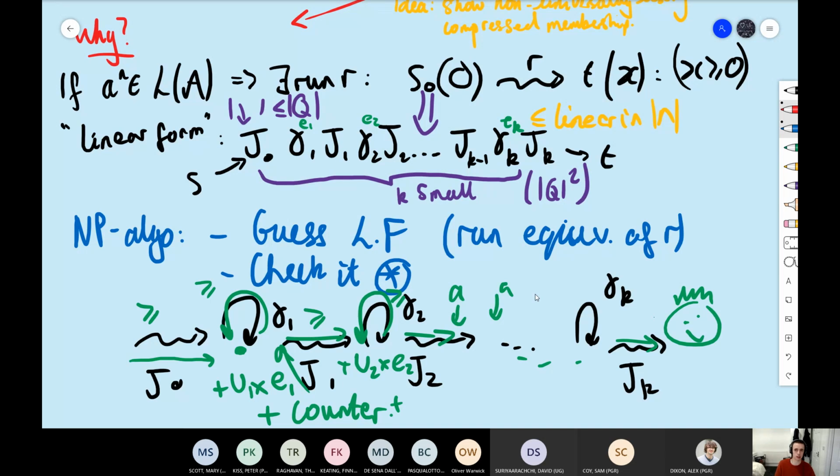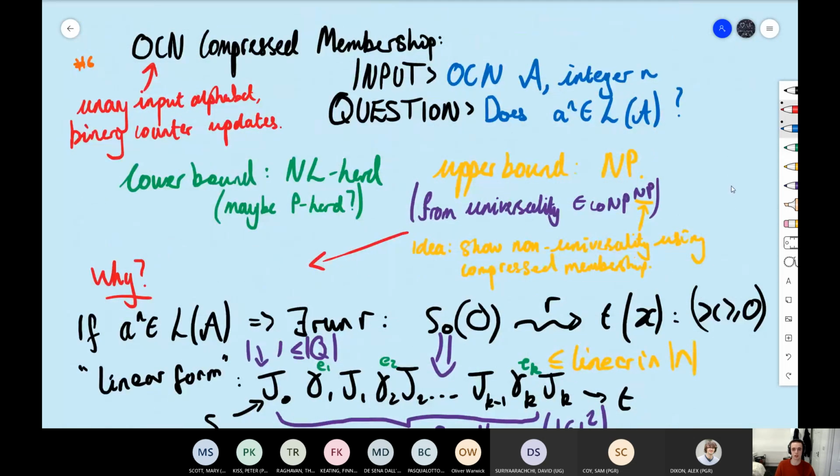You could imagine this slightly differently, as you non-deterministically guess the path as you go. It's the same kind of thing in disguise, but I think this gives a bit more of a clear understanding. The intelligent step is really this implication, how they managed to get a polynomial sized run for any arbitrary accepting run of A to the n. It's pretty cool. It's neat. It's not ridiculously complicated. It uses a fairly nice technique that I think is explainable. I don't have time, but this hopefully now convinces you the upper bound is NP.